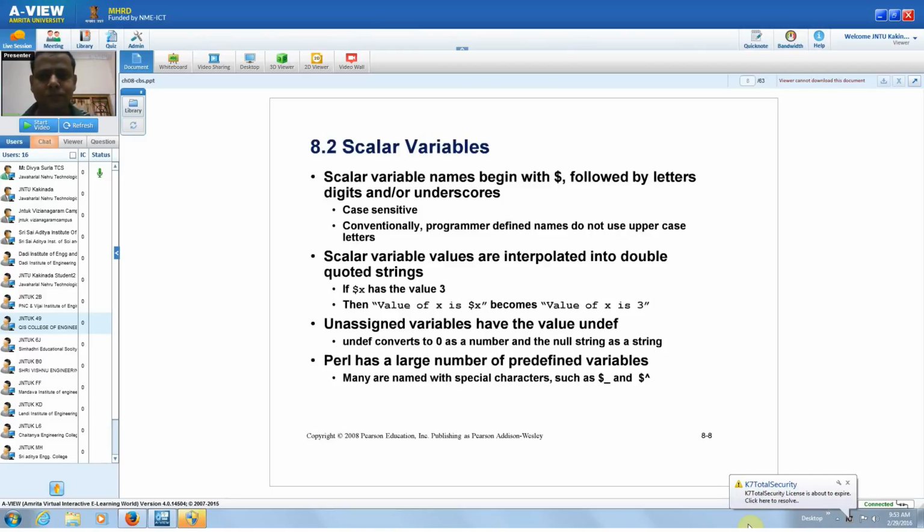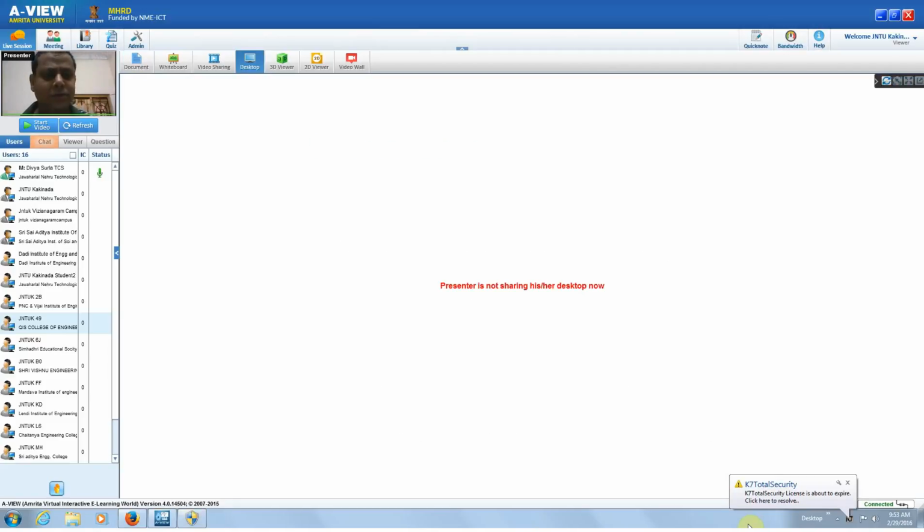Scalar variables, as I told, we utilize with a dollar sign and we can store any number of numbers. Now here you can utilize dollar underscore, which will tell what is the